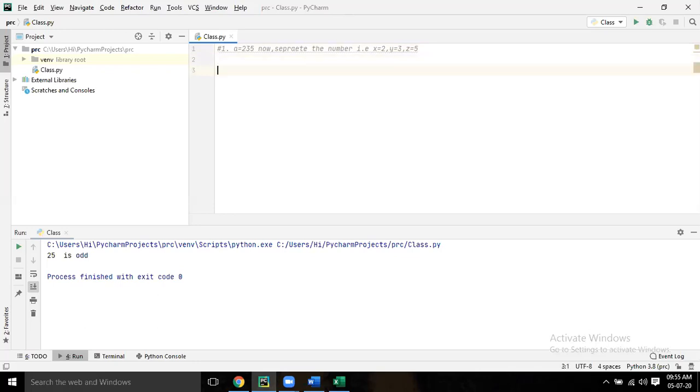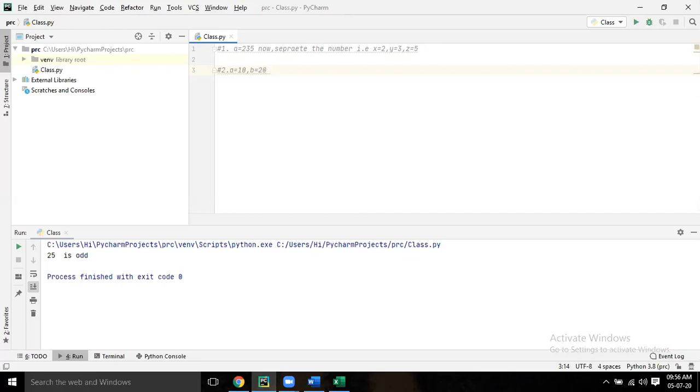Now, second one. I have two numbers, A equal to 10, B equal to 20. Which one is greater? I want the output, 20 is greater than 10.